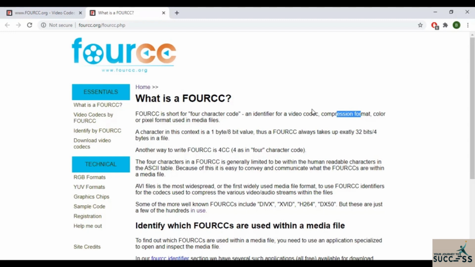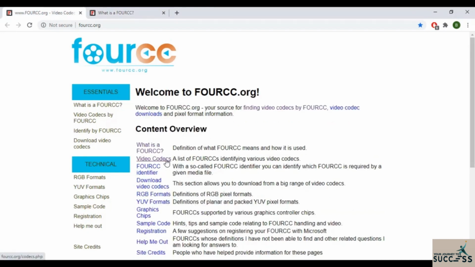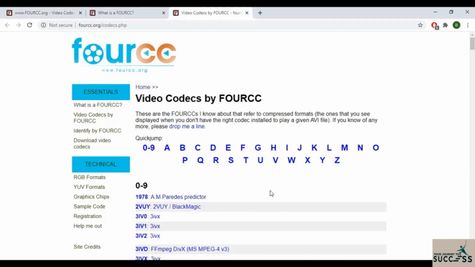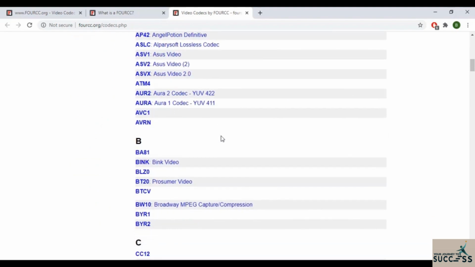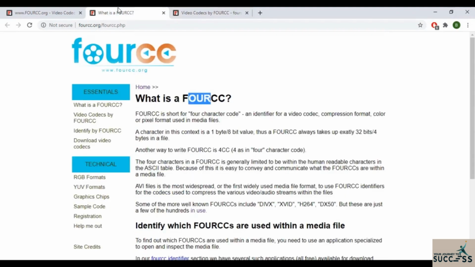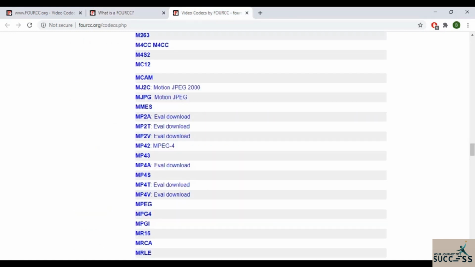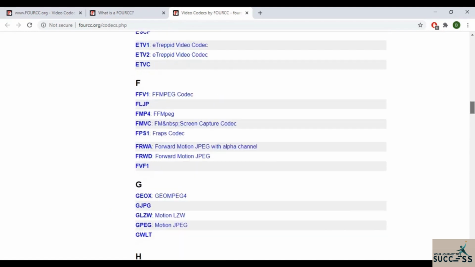And now let's see what things we can give in place of this 4cc. I will go to this video codecs link, a list of 4cc identifying various video codecs. Let's click on this second link, and now you can see that we can pass all of these values for different 4cc. The most common values are DIVX, XVID, H264 and DX50, but there are many others. You can see that it's a very long list, but we're gonna use the one called